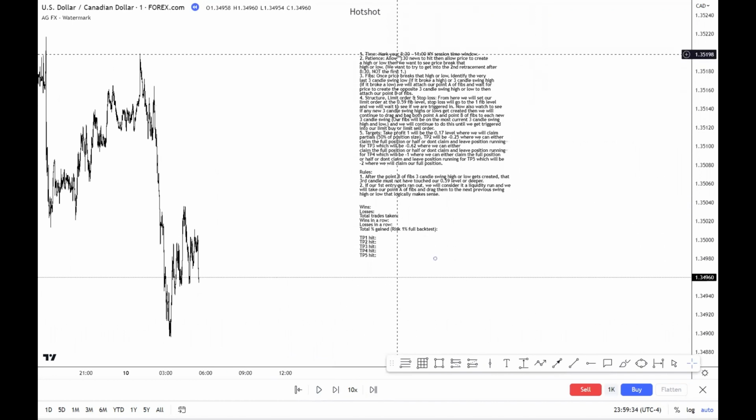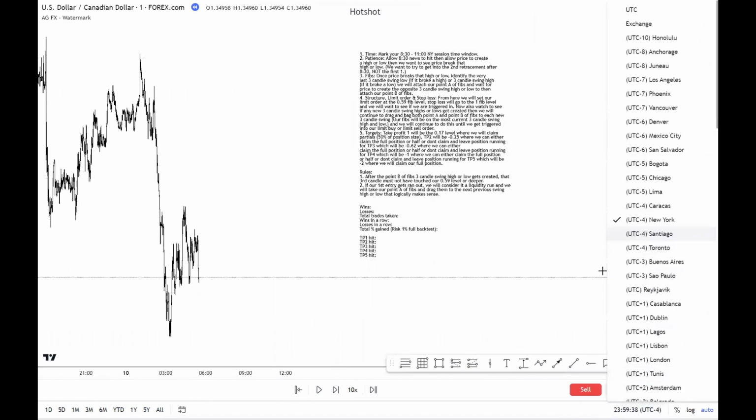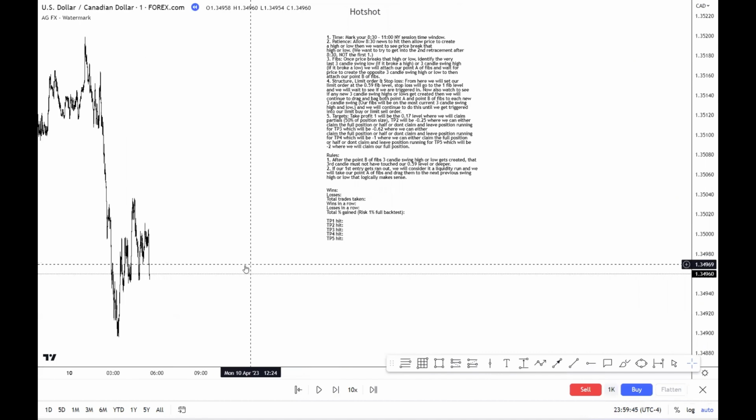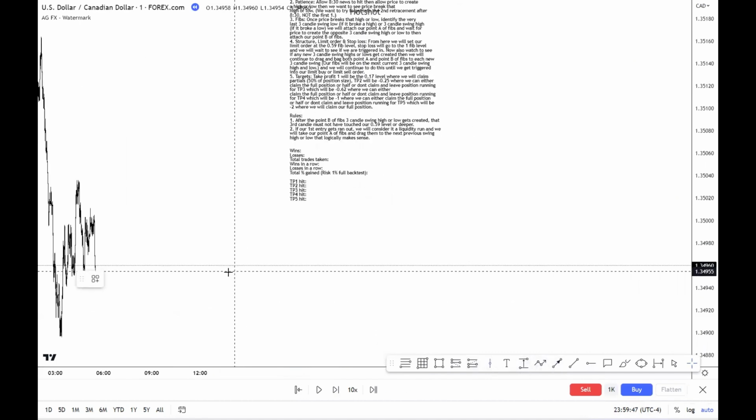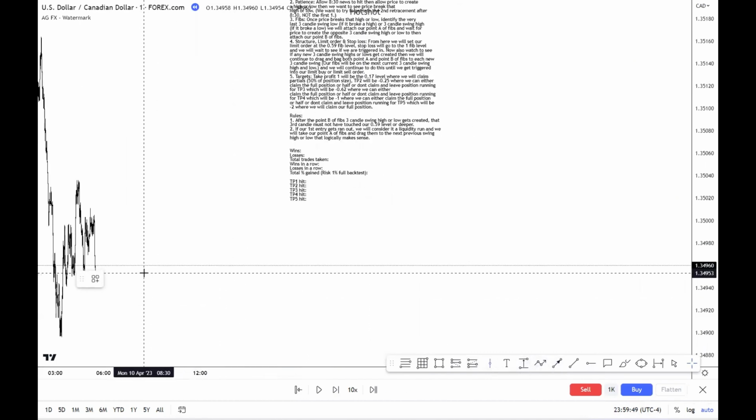Anyways, so step 1 is time. You want to mark your 8:30 to 11 New York time session. Now, if your time isn't set to New York, you can totally do it right down here. The UTC doesn't matter. Just make sure that the New York is set. It'll have the check mark right next to it. So we're gonna do our 8:30 right here